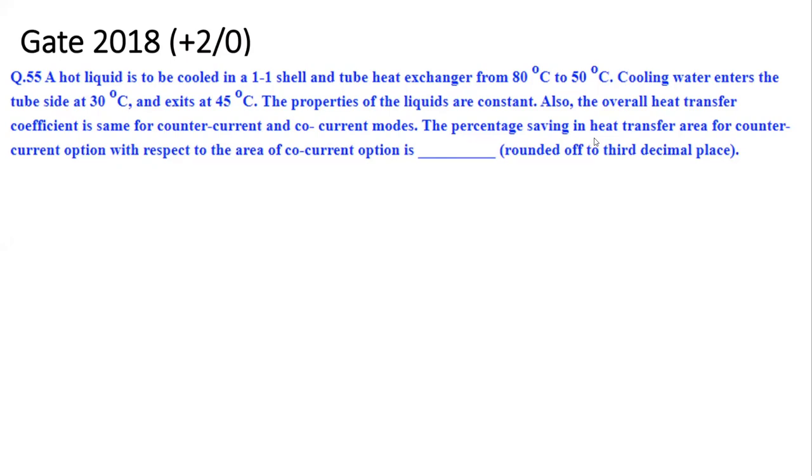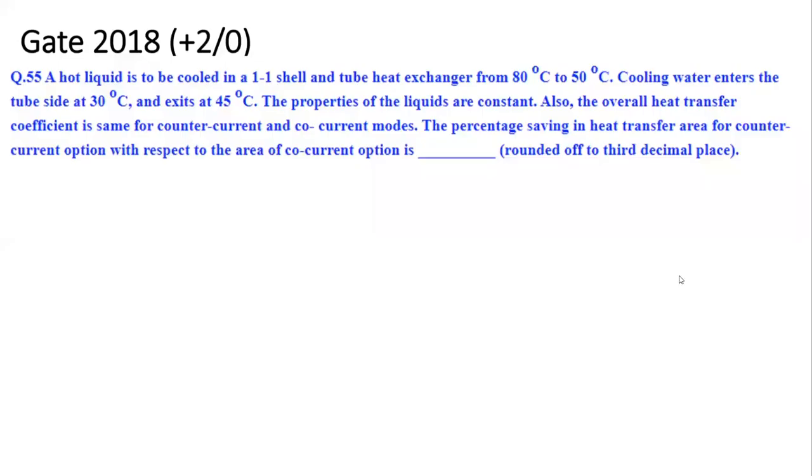So this problem, though it's asked for a shell and tube heat exchanger, comes down to the very starting equation Q is equal to U A delta T, wherein your delta T has changed. They have mentioned U as constant, Q is also constant. So what will be the change in the area? Well, I suppose this hint is good enough for you to attempt. I will pause here for a while and then discuss the detailed solution.